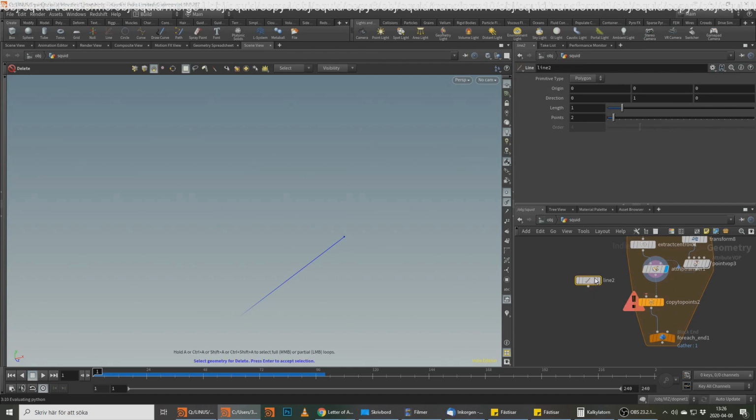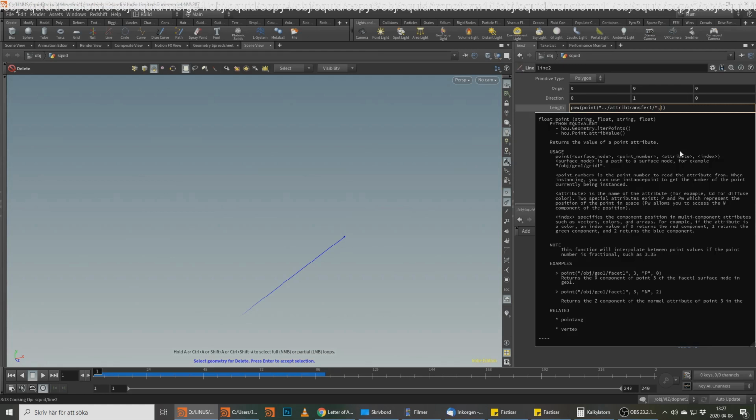And we want 20 points. And here we want this to be depending on the area, so we're going to do a power function of the area. What we're going to do is area, and then we're going to call for the point. And we're going to look at the attribute transfer. And we want to look at,